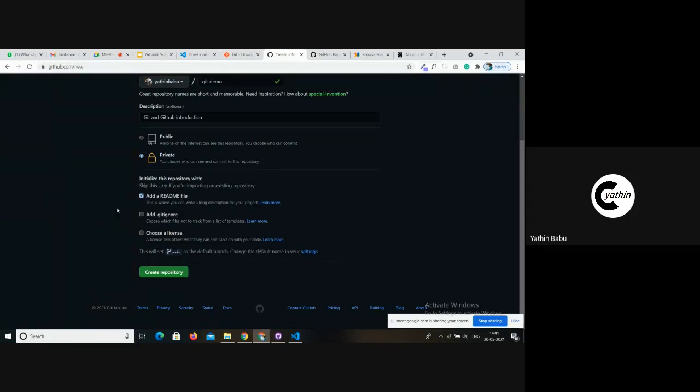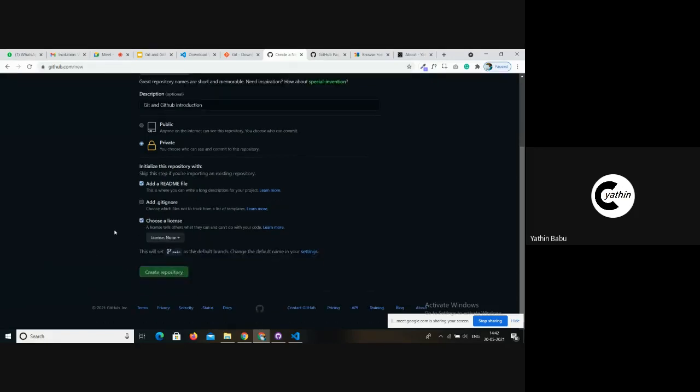A README file is like an introduction, with content on the purpose of the Git repository, and I will also be adding a license. Adding a license file is nothing more than the permission that you give to other people,